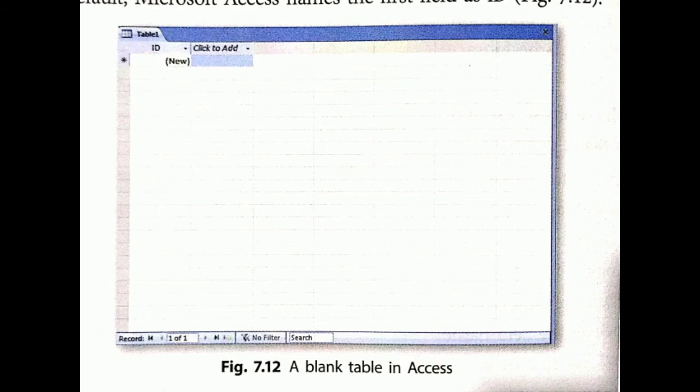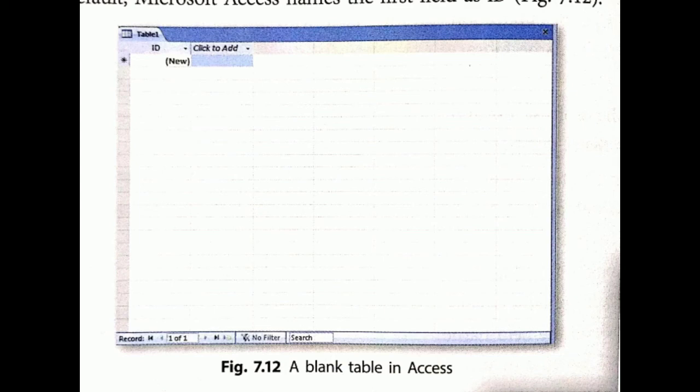See in this picture, once you create a new database, automatically Microsoft Access will open a new table in datasheet view, and you can see in this picture that the structure of the table has already been created, and at the same time the first field has been named as the ID field. These two things happen by default when you create a new database. So with this it is clear how to create a table by using datasheet view.